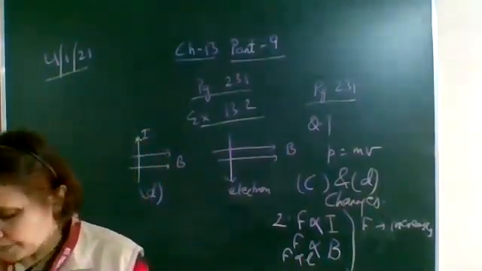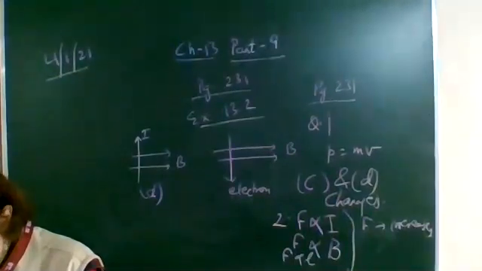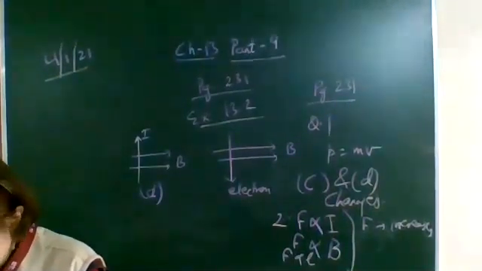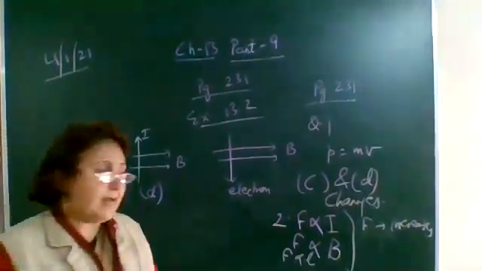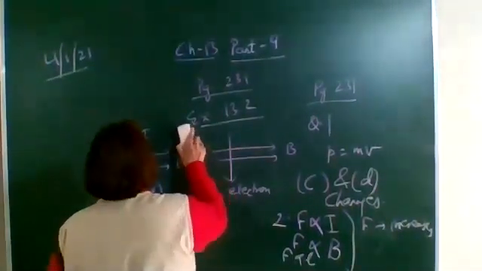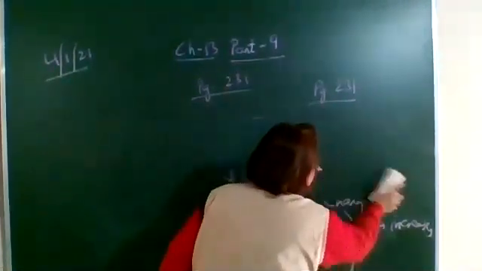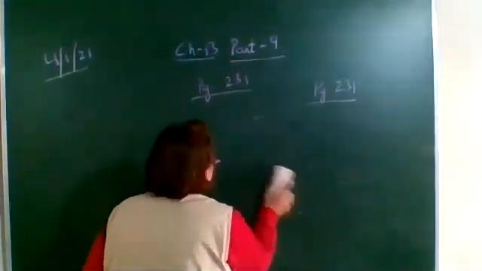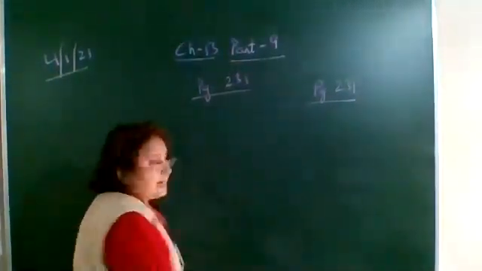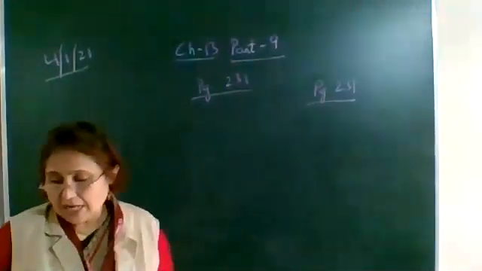Okay, then question number 3: a positively charged alpha particle is projected towards west and is deflected towards north by a magnetic field. What is the direction of the magnetic field? Okay, try to do it yourself. A very good question. Question number 3, I will draw the figure and I will give you 2 minutes to think. Use your left hand, Fleming's left hand rule.